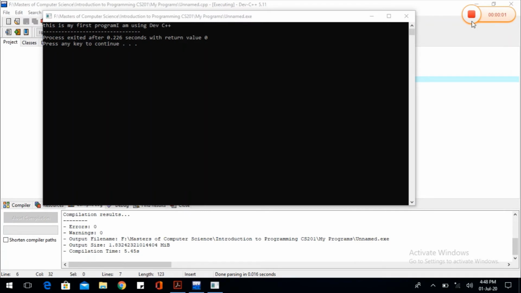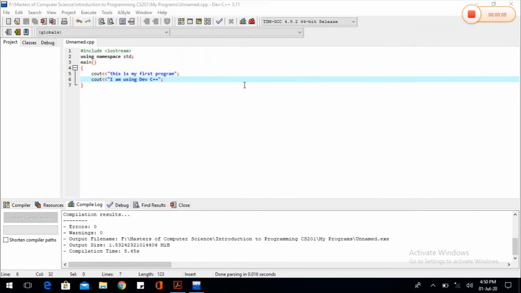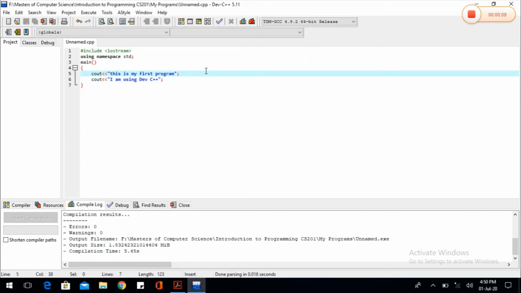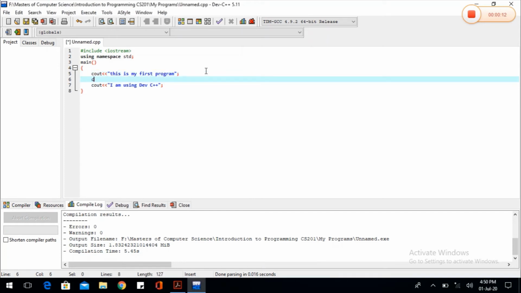The reason behind this single line display is that the compiler of C++ is not aware that the line has ended. So we have to tell the compiler by using the endl statement that two different lines should be displayed separately. For this purpose we are going to close this tab, and now I am going to write here the new line statement. So I am going to write here cout less than endl.